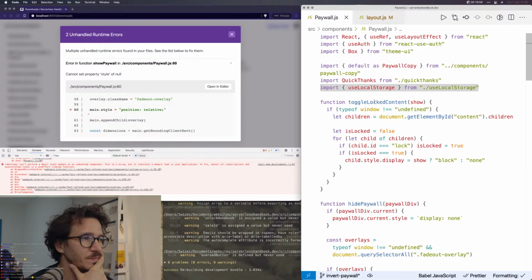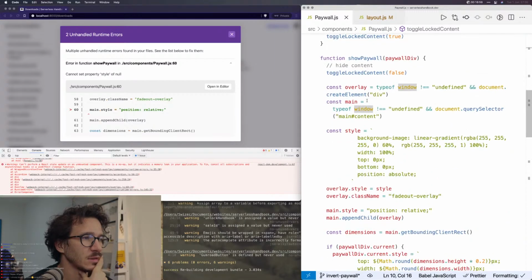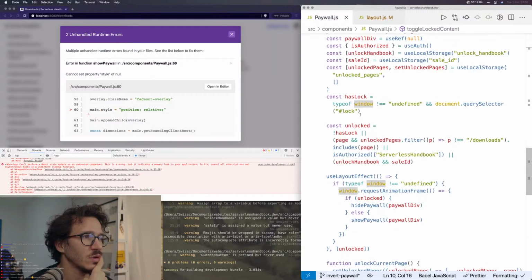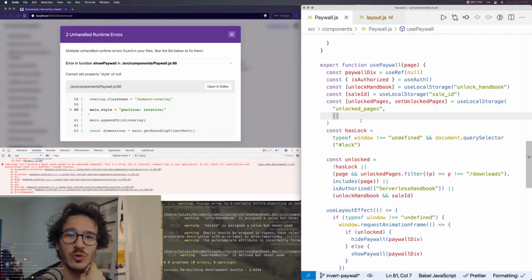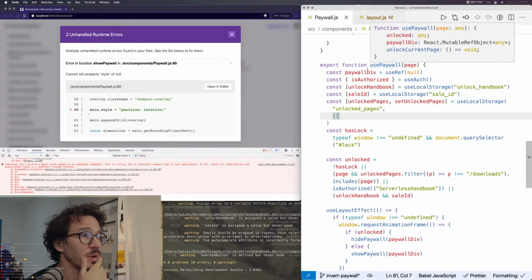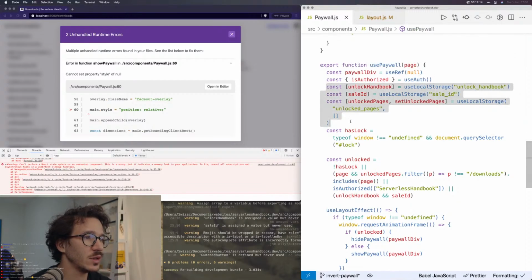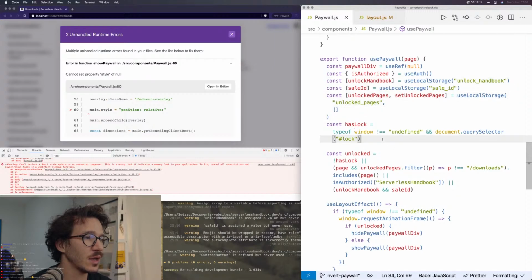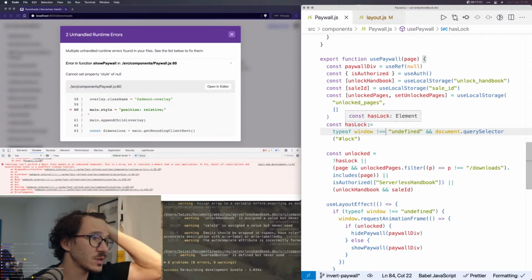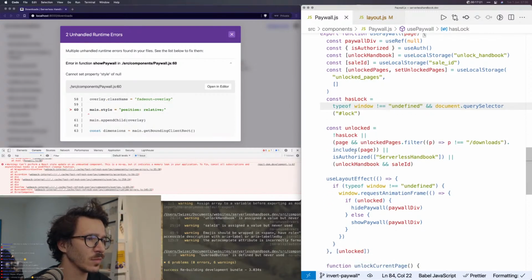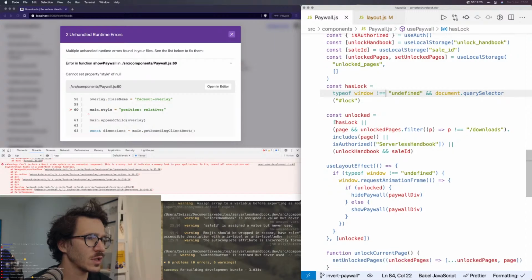So the paywall, this is something I should probably write more documentation for myself and more comments. So usePaywall tries to look at local storage, whether the handbook is currently unlocked, and uses window and runs itself in the browser. It figures out whether it's unlocked based on whether it even has a lock, and whether, oh hey, it's supposed to